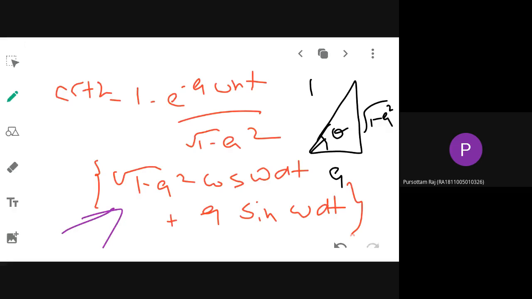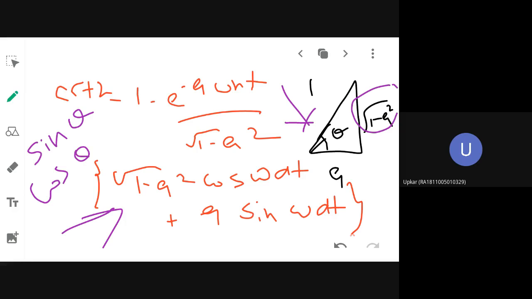Now I have drawn one triangle here, from which if I substitute the value of sin theta and cos theta, what will be the value? You have studied trigonometry, no? So refer to the triangle and tell me what will be my sin theta, cos theta and all. What is the formula for sin theta? The general formula for sin theta is opposite divided by hypotenuse. So what is my opposite side? Yes, opposite side is root of 1 minus zeta squared, divided by the hypotenuse, which is 1.